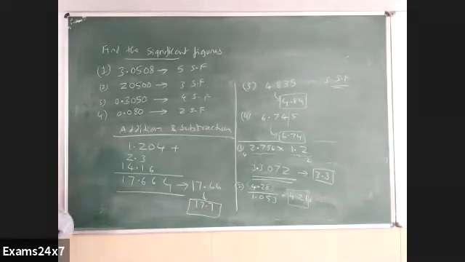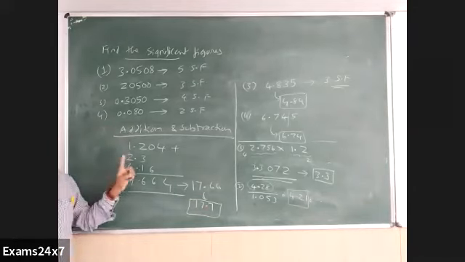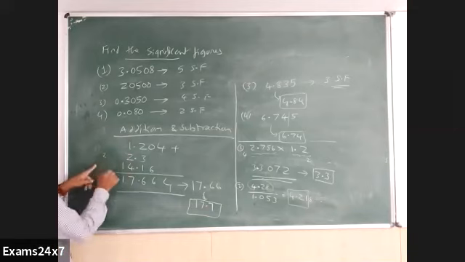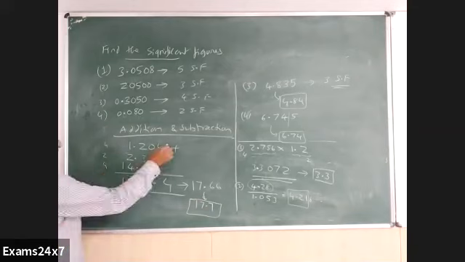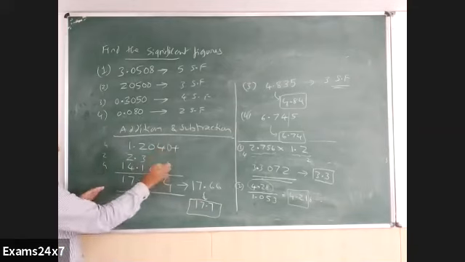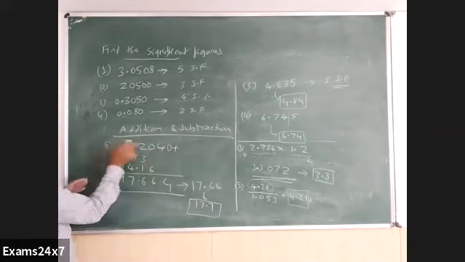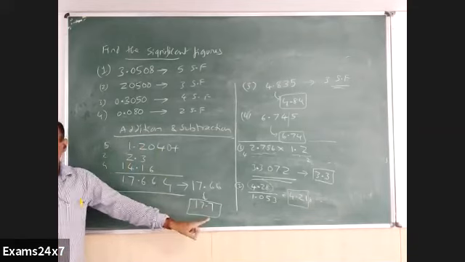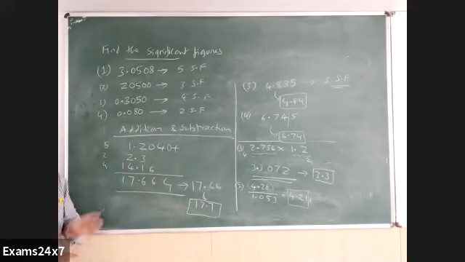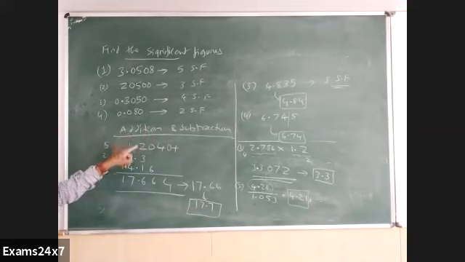I should have only 1 digit in the decimal part. That is the rule. It is not about significant figures. Here we have 2. Here we have 4. Here also we have 4. Or I'll make it 5 if you want. So the number is not different, but I have got 5 here. This is 5, this is 2, this is 4. But I am not having 2 significant figures in my answer. I am having 3 actually.